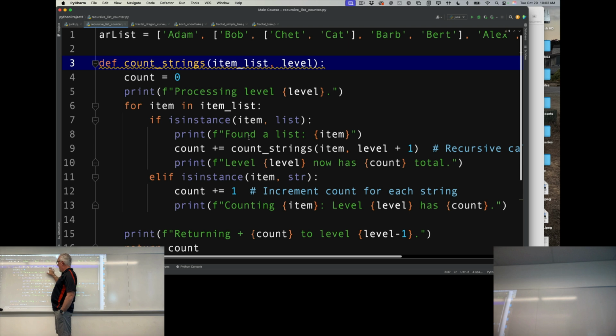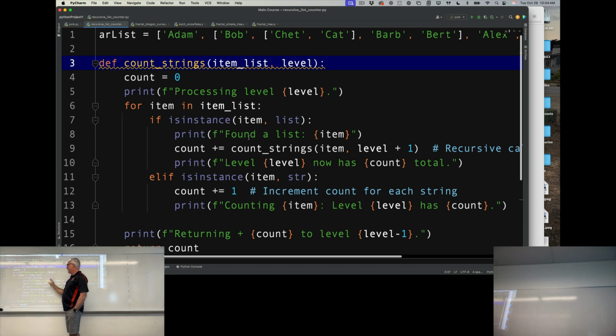And I'm going to start it out as level 0. And it will go through and it'll say for each item in the list, this is code that we're familiar with, it's not new. For each item in the list, if this is a list,